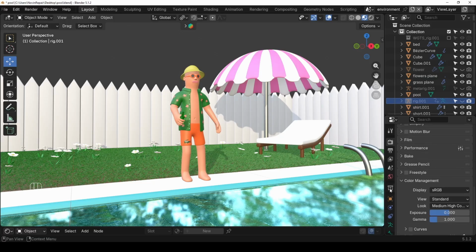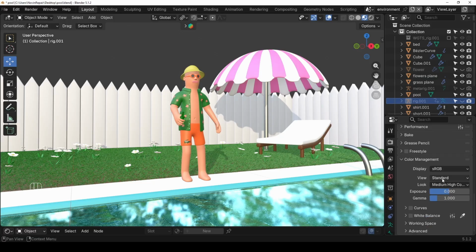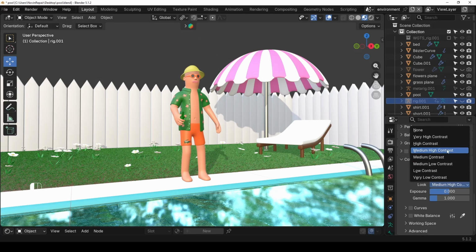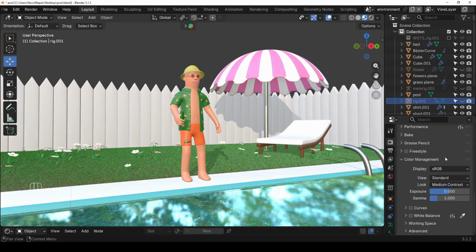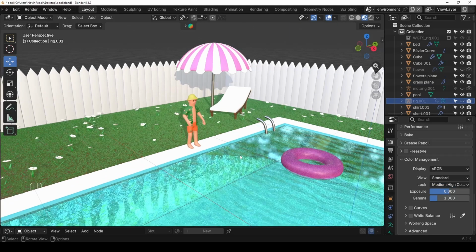And if you remember, inside color management I changed it to Standard, the view and the look to medium high contrast. Let's make it medium contrast or medium high. And then I need a camera, Shift A,